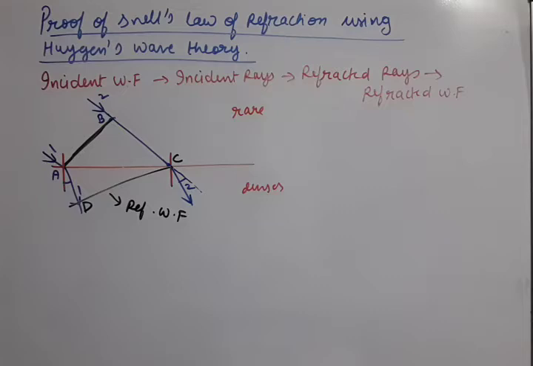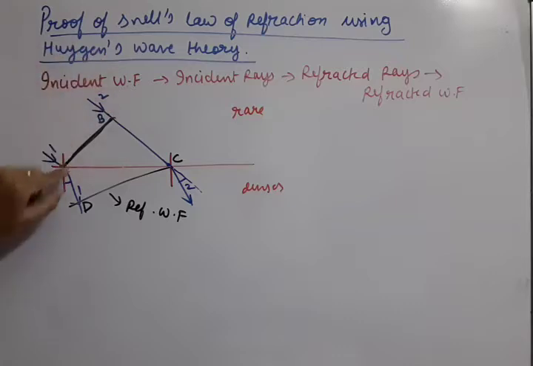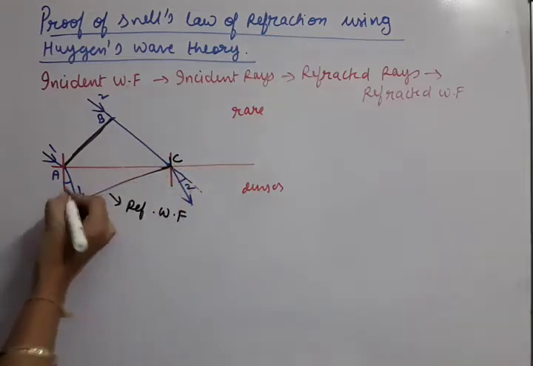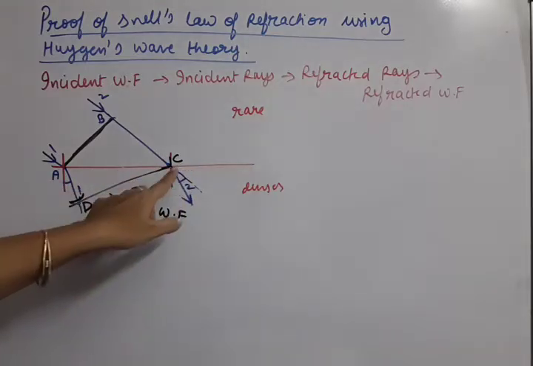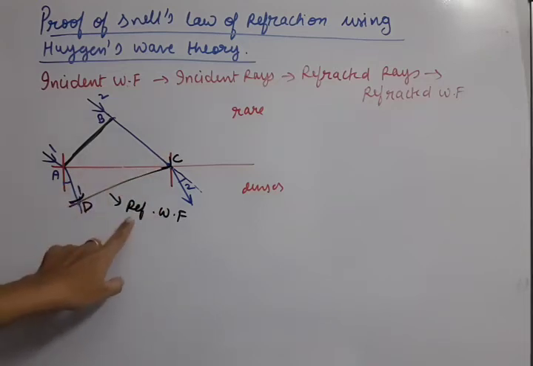So what is the property of this D point? That means how can we get this D point? What is the property? For that we will use the Huygens principle. We know that our incident wavefront is this primary wavefront. Now each point of the primary wavefront, that means A and B, is the source of secondary wavelets. So secondary wavelets are drawn this way, and this way the arcs are drawn, and then one envelope is drawn to cut these secondary wavelets. So that is our required secondary wavefront, meaning the refracted wavefront.